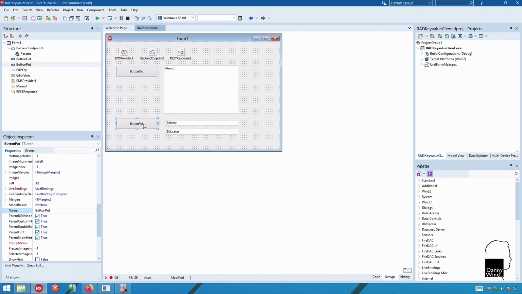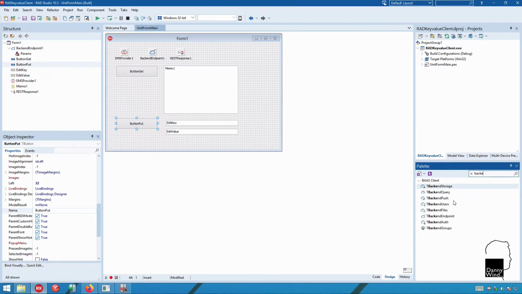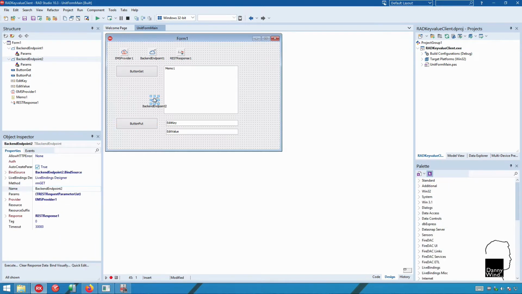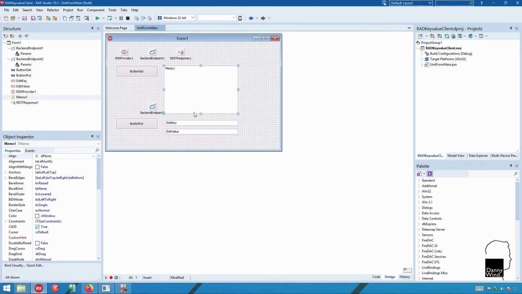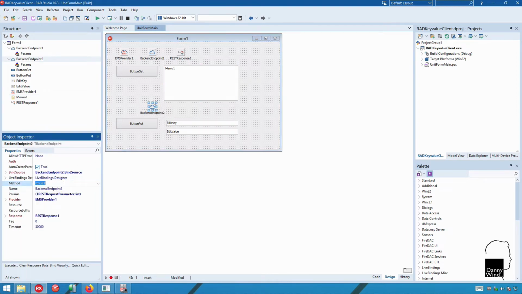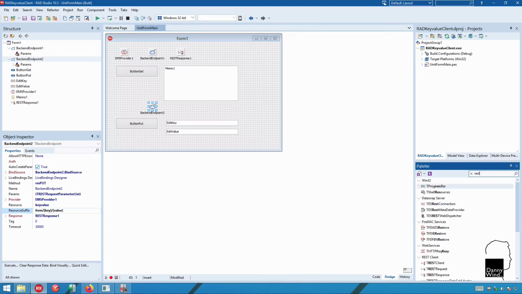We need a backend point for that, so let's put a backend point there. The put request actually doesn't return any results, but in order to make sure that we can get some results maybe in the future, because we might want to include data as a result of a put request in the body that returned from the HTTP request, we will be placing a REST response and its key value, and then a resource suffix item /key/value, where the bracketized items, the key and value, are parameters, and item is a sub